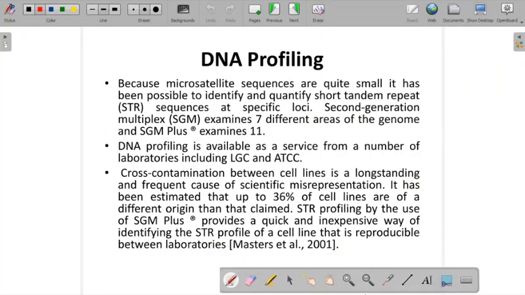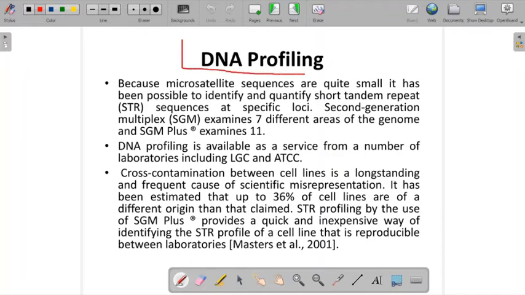Then the next one is the DNA profile. DNA profiling, guys, is very important currently, because there is a vast number of organisms, and we are facing a different variety of genes, because evolution is tremendous. If you take a single order of any animal kingdom, it contains around a few hundred to thousands of species, and each species has its own DNA profile, its own genetic content.